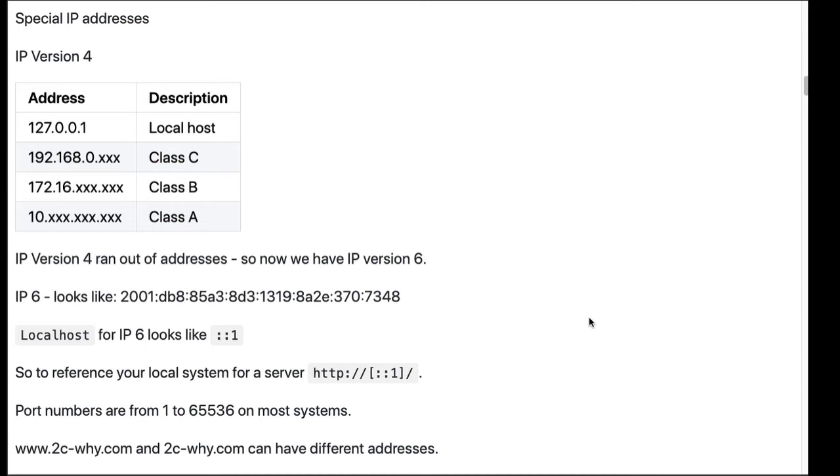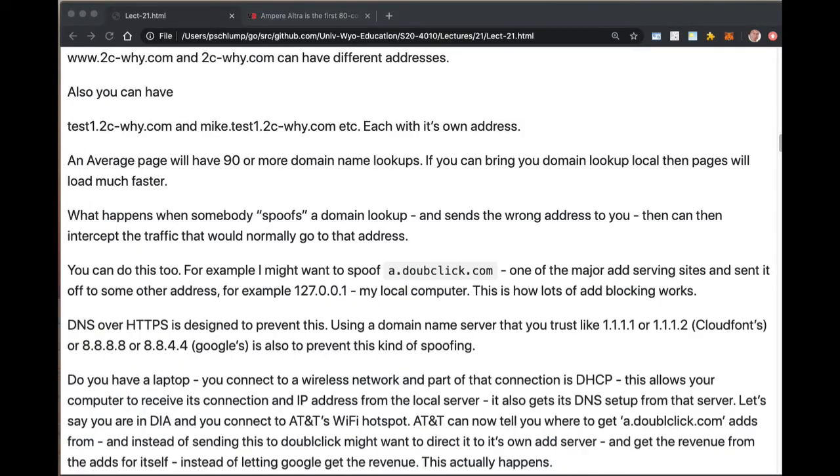This is like calling a friend's number where you know it's 745-3138 because you remember their phone number, as opposed to looking up their name in your address book and calling their name. But there are plenty of things that you can't get to without still providing the name. So you can also have other domain names that you might want to test with. For instance,